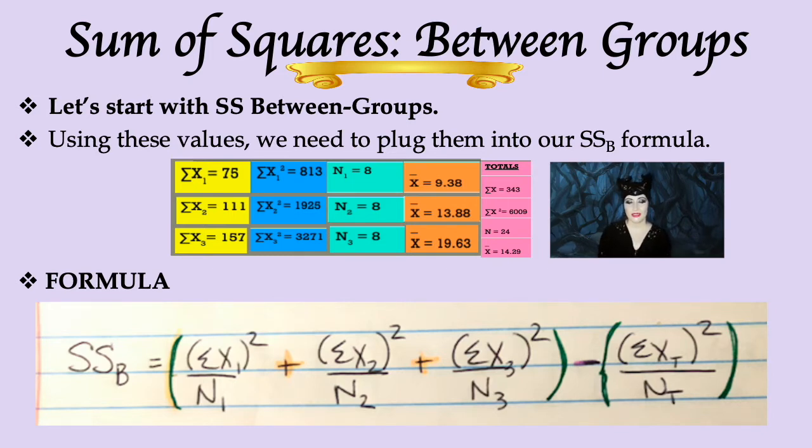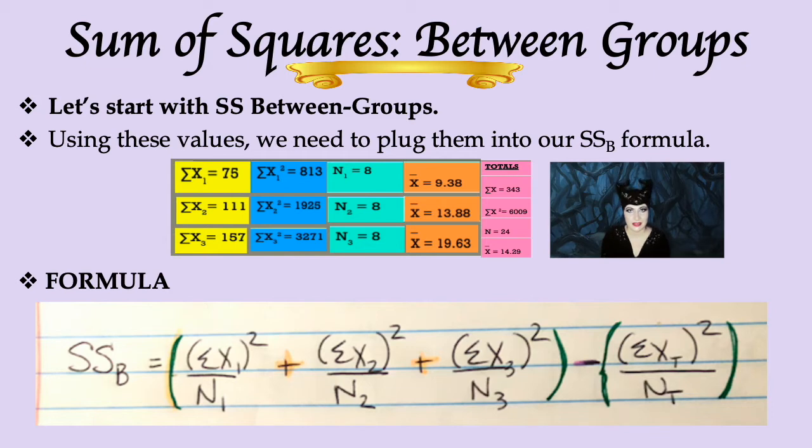So we do 111 squared over 8 because there were also 8 people in that sample. The third group we have is 157, the sum of x of the high hypnotic susceptibility. We square that and we divide that by 8 as well,